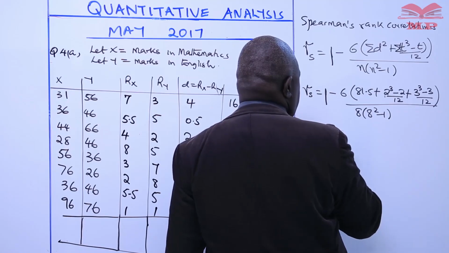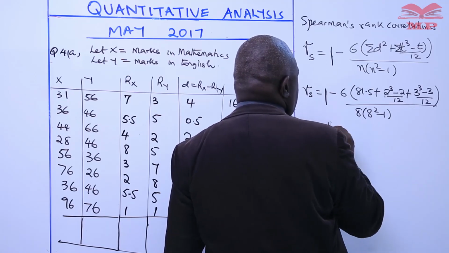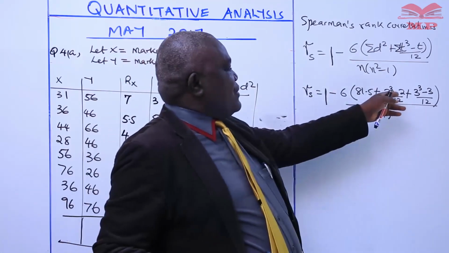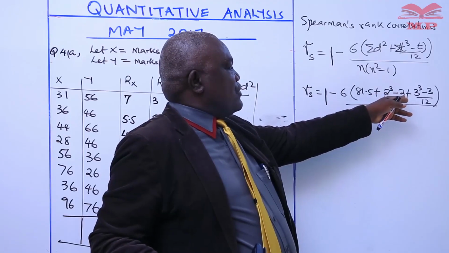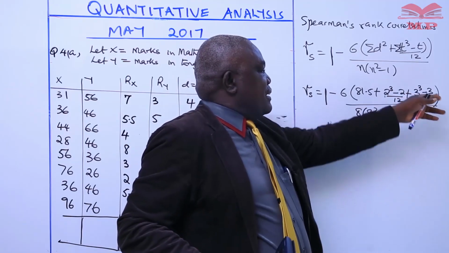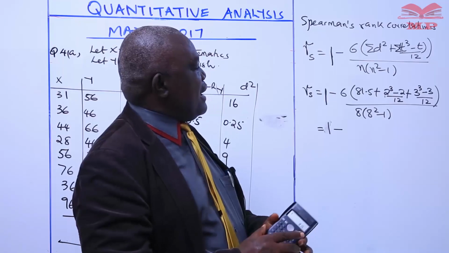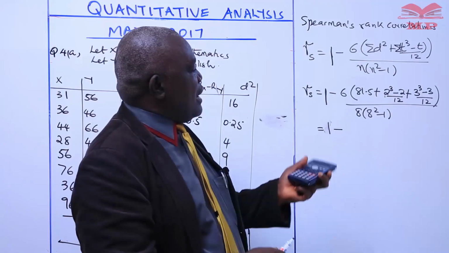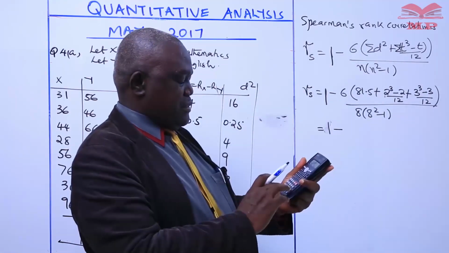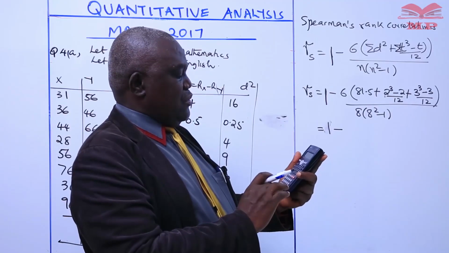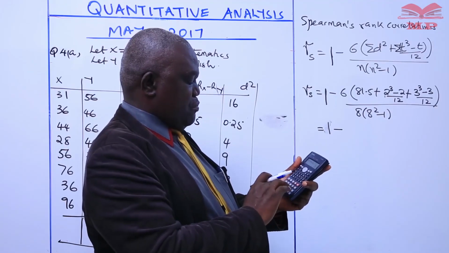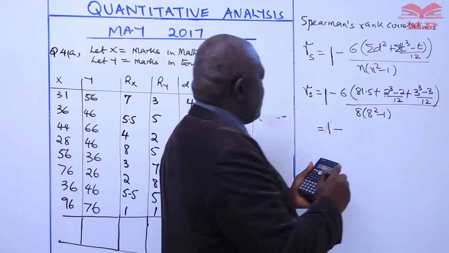And I get 1 minus. I simplify inside and check what it gives me. 8 minus 2 is 6, that's a half. 27 minus 3 is 24, divided by 12 is 2. So I have 0.5 plus 2, that is 2.5. Then 81.5 plus 2.5 should give me 84